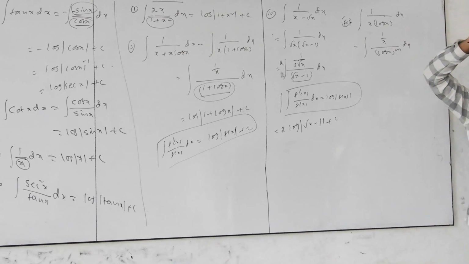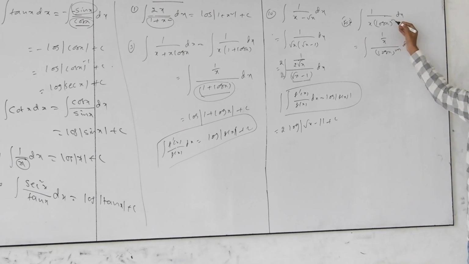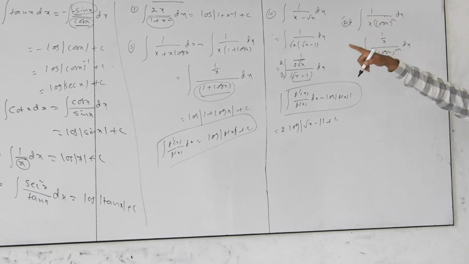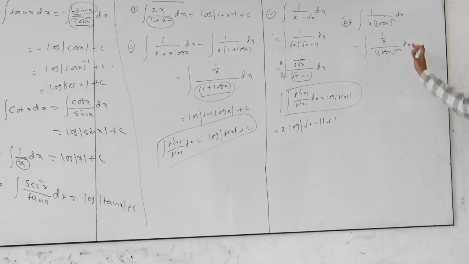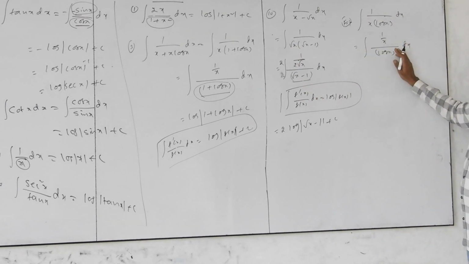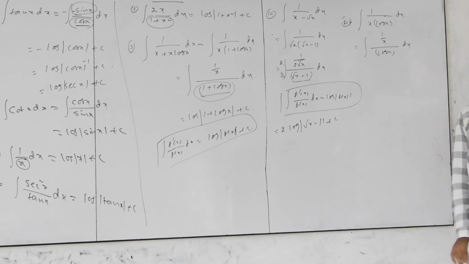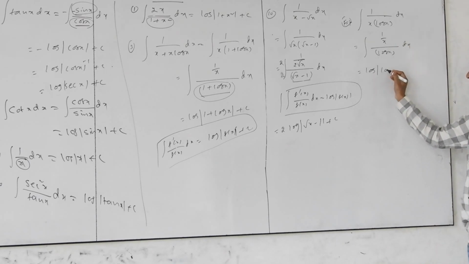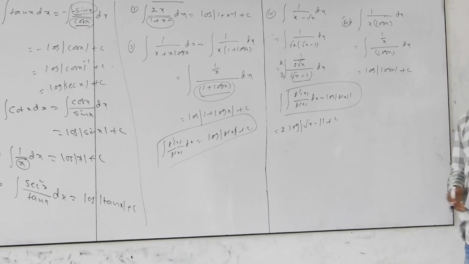This we have done yesterday, which is in the form of f of x whole power n into f dash x dx. If it is m, take log x whole power minus m. Now consider m as 1. Now the derivative of log x is there in the numerator. So the answer is log of the denominator, log x, plus c.